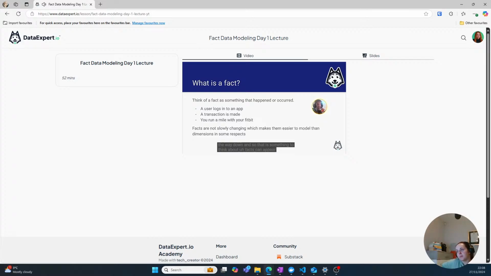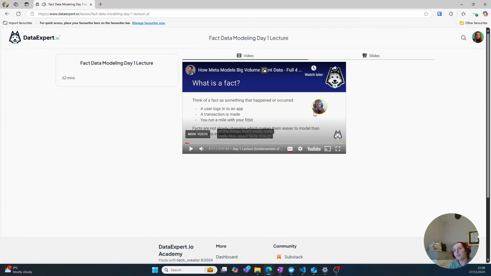Facts can appear in all sorts of layers and granularities like that, where you can aggregate up, you can aggregate down, or you can push it back down and be at the atomic level, or aggregate up to something like a mile. So one of the things that's really nice about facts, though, is